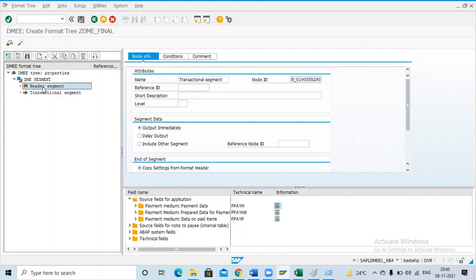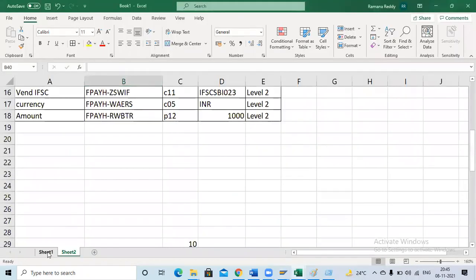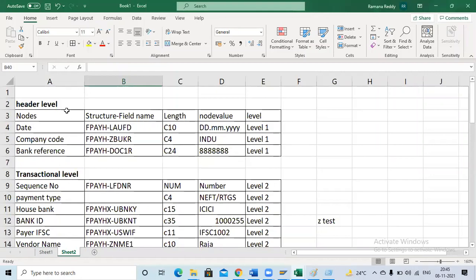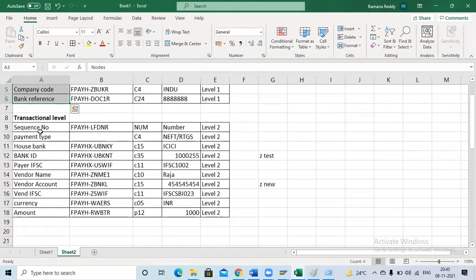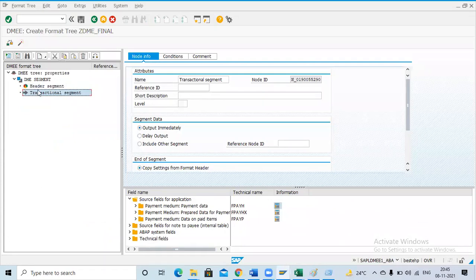One is a header level and the second one is a transactional level. Under header level, I am going to print three details here. Now, header level, what kind of information you have to enter? Transactional level, what kind of information you have to enter? So this data I am going to enter under these two segments. So hope you understand right till here.